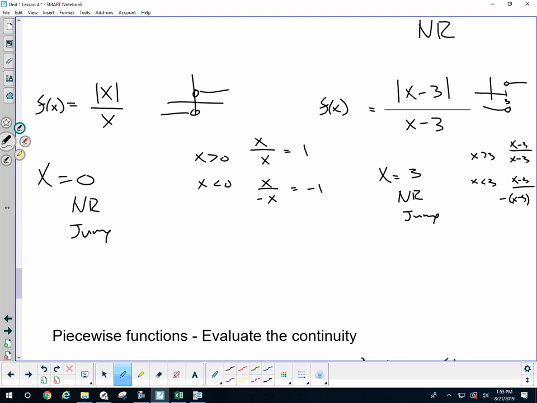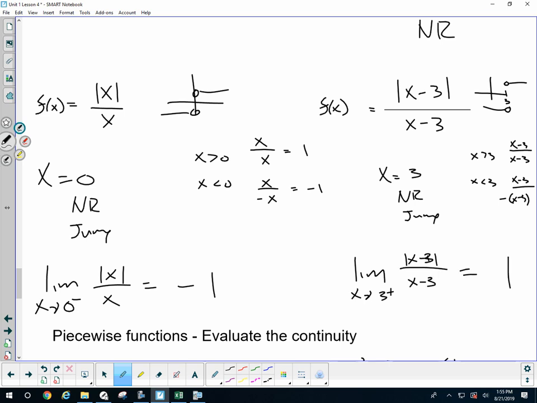This type of function you need to be familiar with. You will see one-sided limit questions, like over here they'd ask what's the limit as x approaches 0 from the left of this. You need to be comfortable saying, oh, that's negative 1. Or if I ask you, what is this? You need to be comfortable understanding and saying that that's 1. And we need to also be comfortable saying that we have a non-removable jump. Okay? So let's go back to our notes